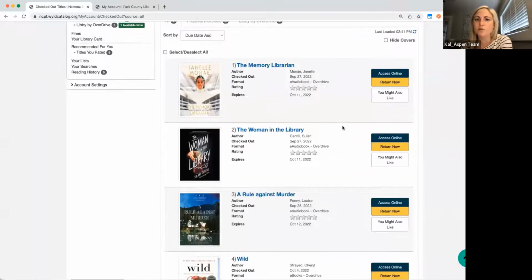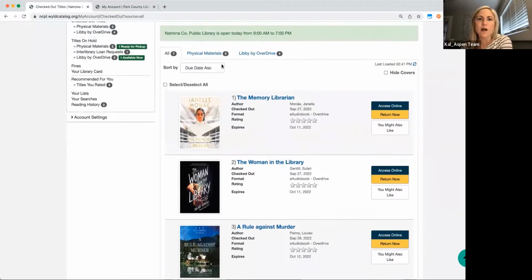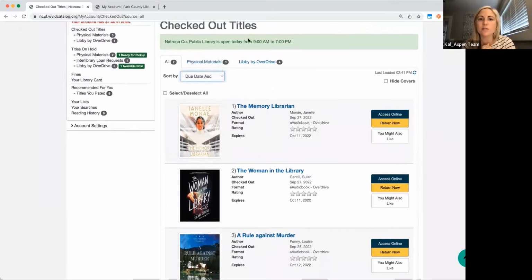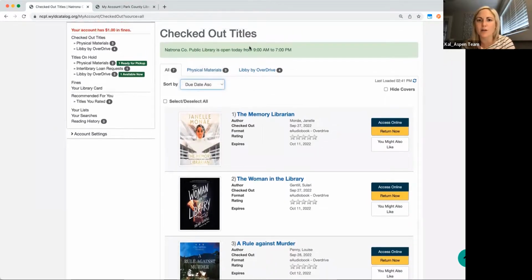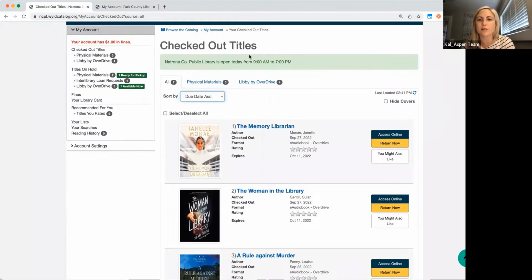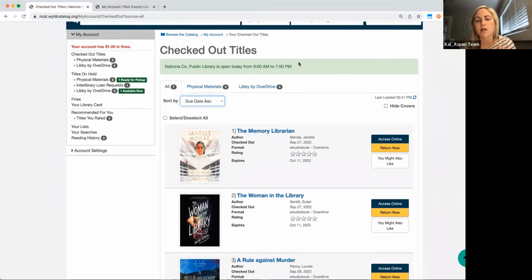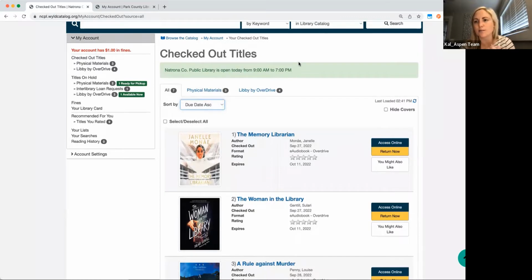What else? There's some sorting capabilities in here. So I have a long list of checkouts, let's say. I can sort by the format or the due date, the title, the author, and things like that. The user will also see the hours of their home library. So if I know I have to return these books at a certain time, but I look at my hours and I say, oh no, it's 7:05, the library's closed. We put messaging throughout the account to let the users know that the library is closed, or these are the library hours for today as I'm looking in my patron account.